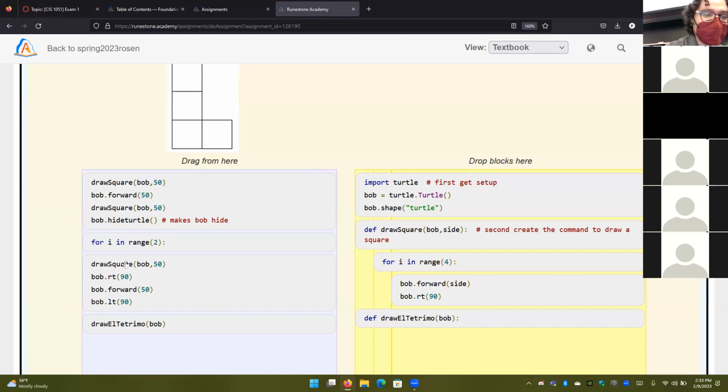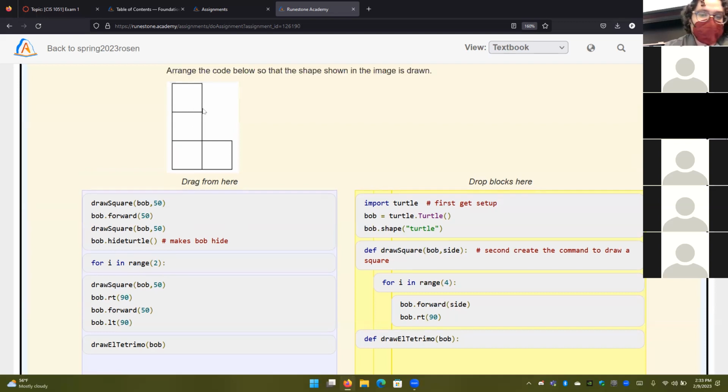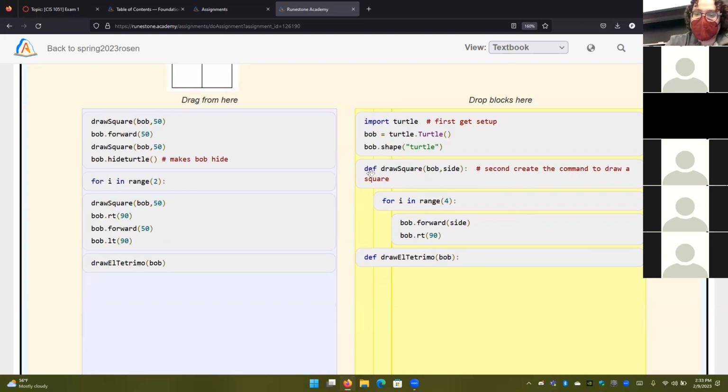So let's see what they would do. And remember, with the draw square function, the way I try to do these functions is so that Bob ends up in the place he began when he draws a complete square.